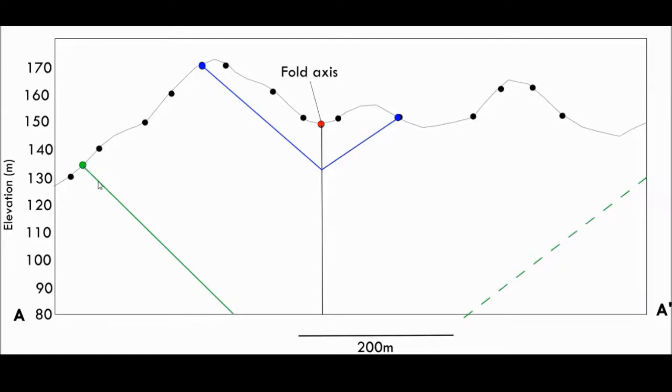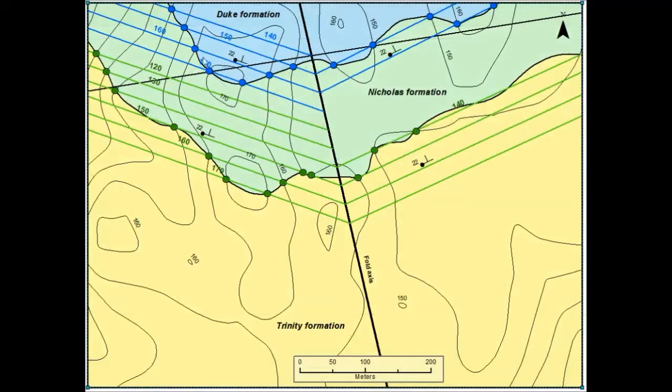Which means that this line has to be parallel to this line, because nothing has happened that's going to change that being the case. They would have been parallel when the rocks were deposited, and they'll still be parallel now. So we can actually draw this line going down into the ground. And because we know that this rock unit here, which if I remember rightly is the Nicholas Formation, which we've got in here,